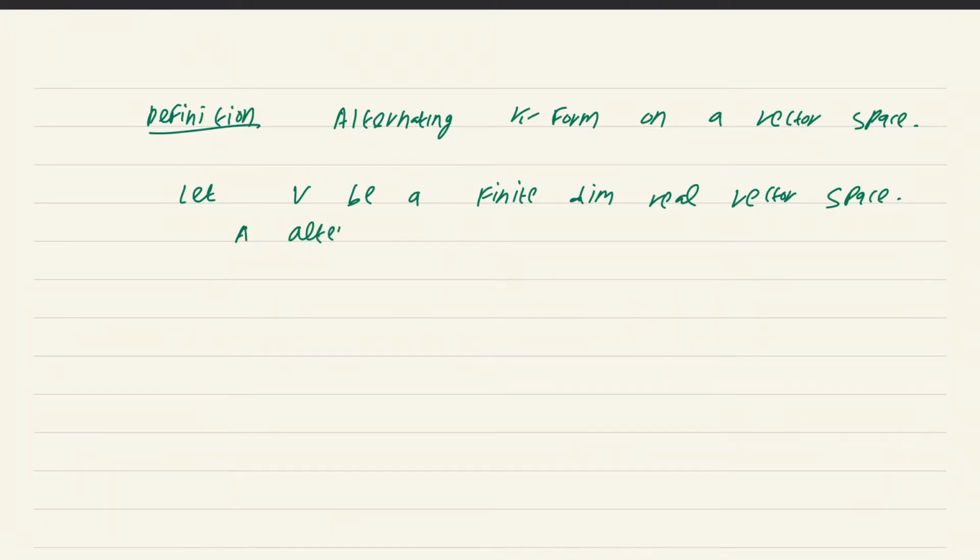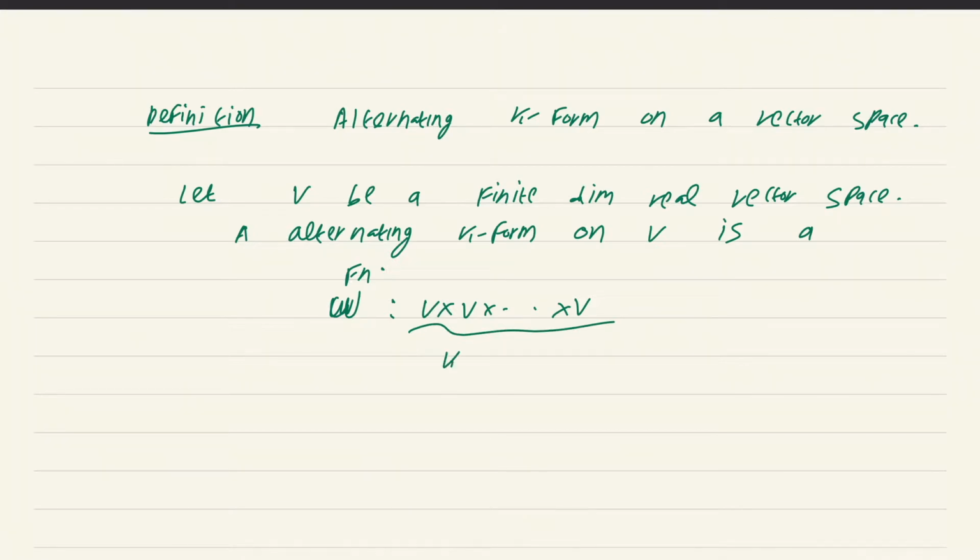An alternating k form on V is a function omega from V times ... times V, this is k times, to R, that satisfies